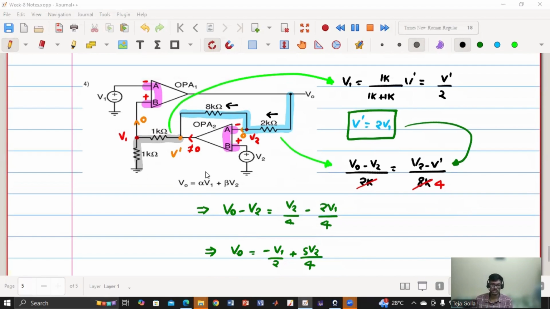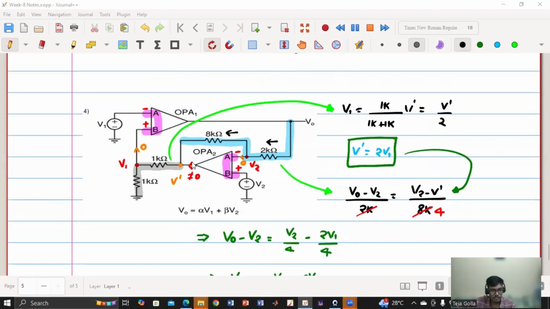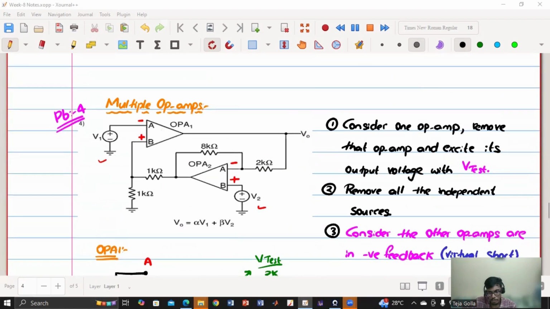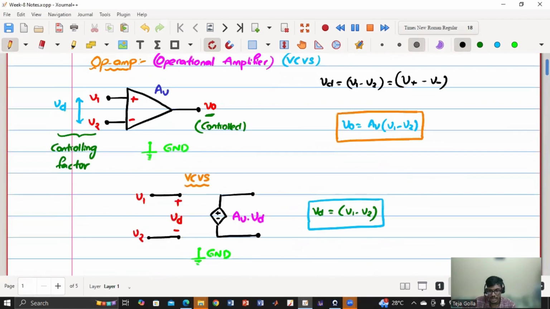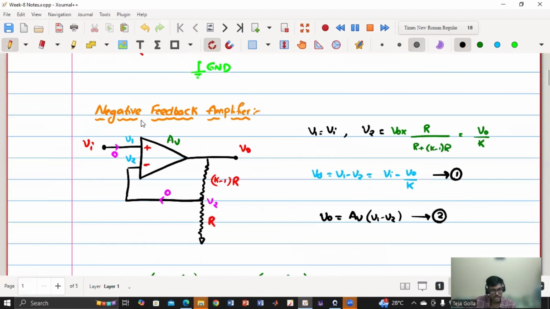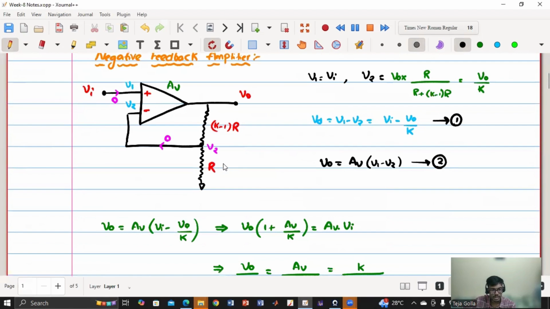So Bhuvan has asked, sir, what is the advantage of negative feedback? That is a very generic question. If you see, negative feedback is there in everything, but at this point of time I cannot actually go into that much depth and make you understand because it needs control system knowledge as well. Okay, so maybe if I want to explain a little bit,